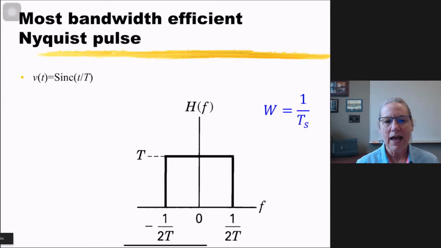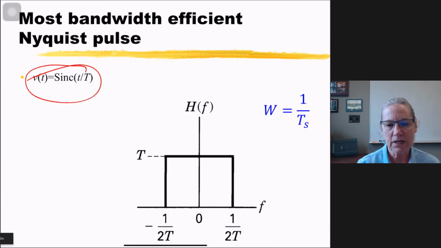So again, when I want to get a benchmark for spectral efficiency, what I'm going to assume is that I have done everything I could possibly do to occupy the least bandwidth possible. And one thing I have to do is to use Nyquist pulses. So here in the time domain, not a rectangle, but a sinc function,